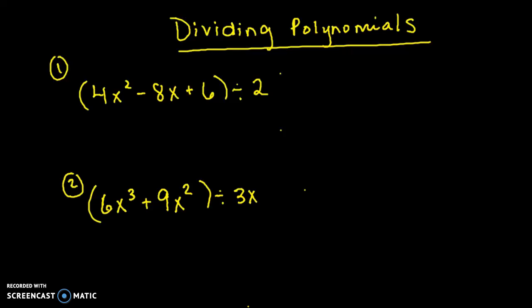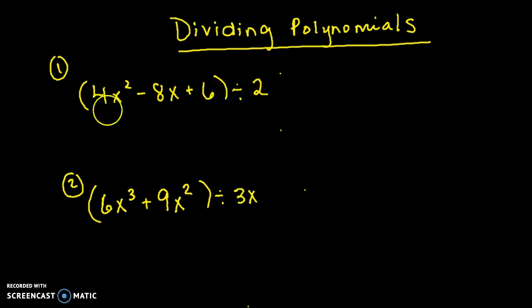Hey guys, today we're going to learn how to divide polynomials. So before we get into the notes, I want you to just listen to me and let me show you a few things first. So if I had the trinomial 4x squared minus 8x plus 6 and I wanted to divide it by 2,